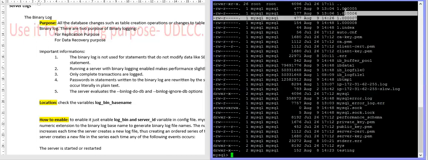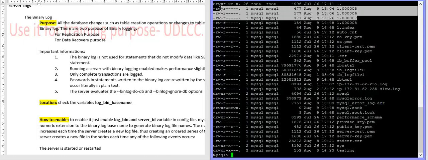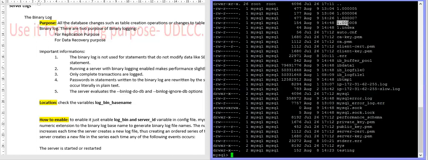These were the earlier files from when it was enabled sometime back. This is the current one. You can see the file name is the same, but the extensions are changing.